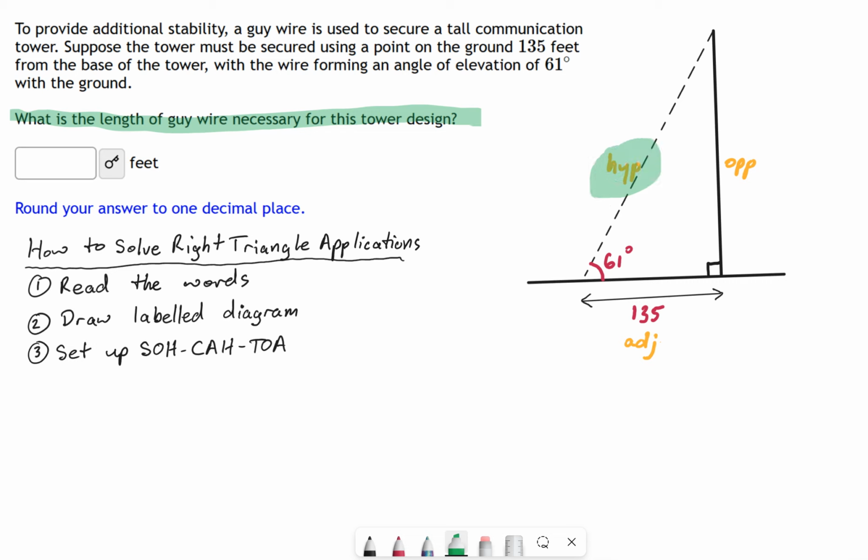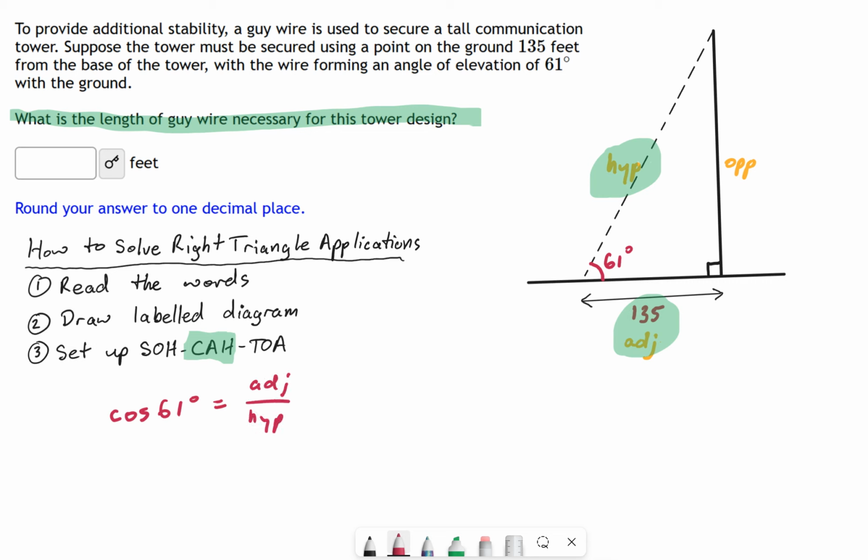And what do I have? Well, I have the adjacent. So which one of these SOH-CAH-TOA things has to do with the hypotenuse and the adjacent? That is this guy, the CAH one. Cosine is adjacent over hypotenuse. So now we set up our formula. We say cosine of 61 degrees equals adjacent